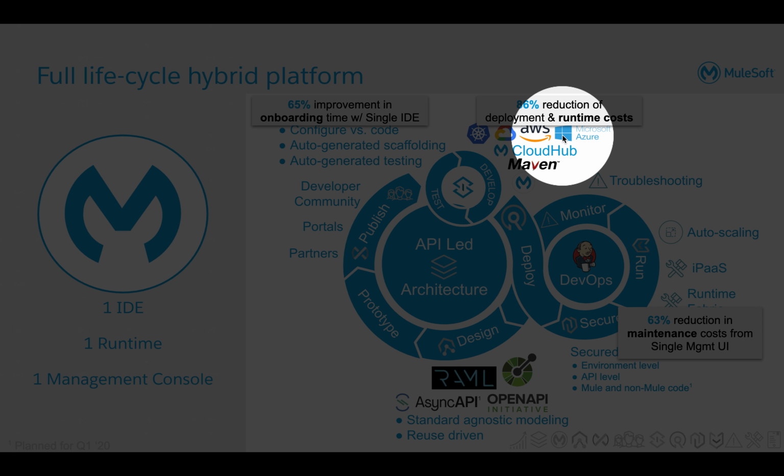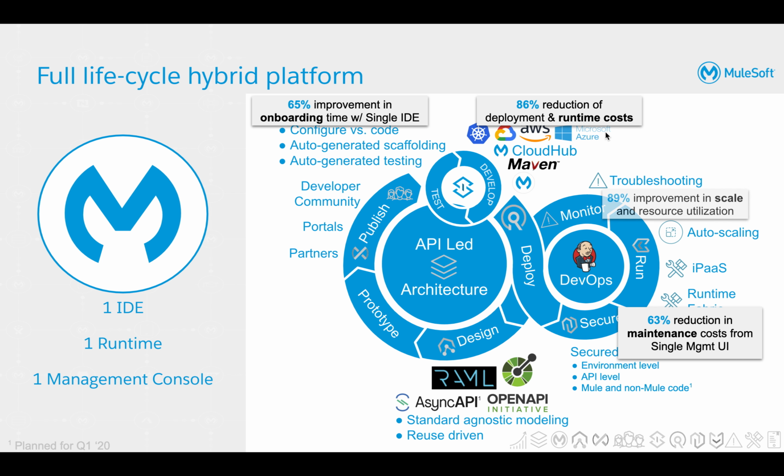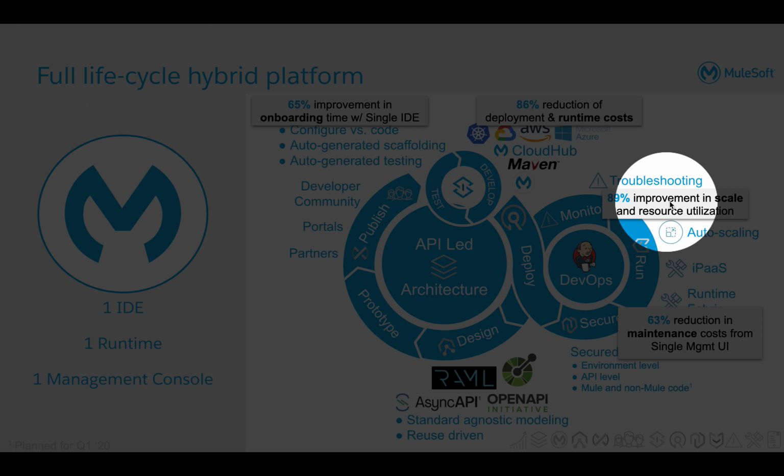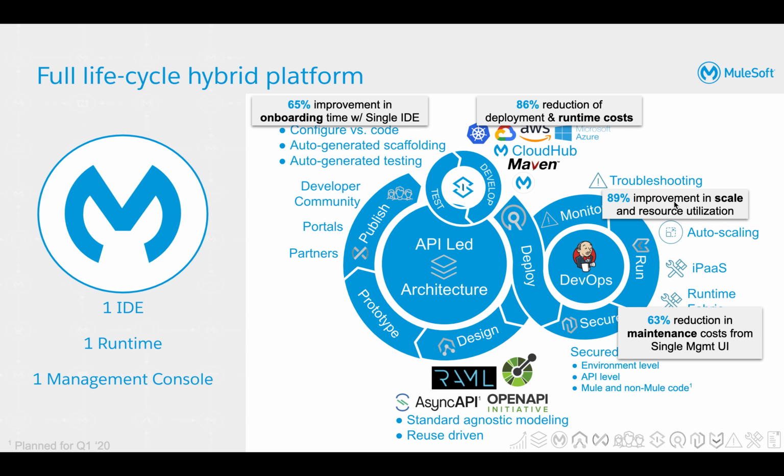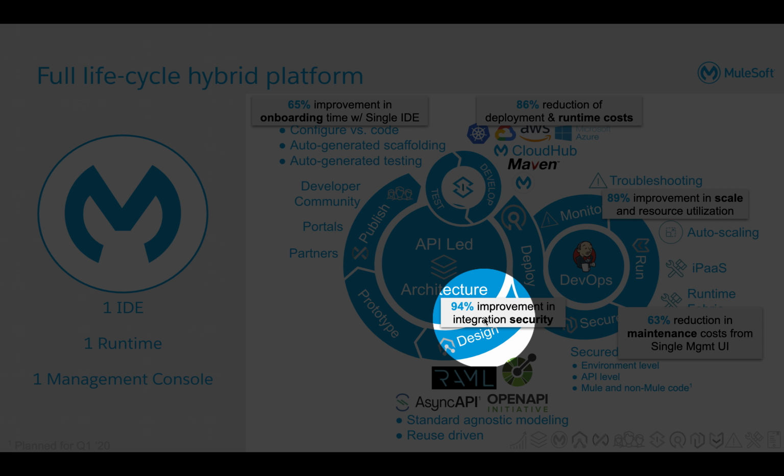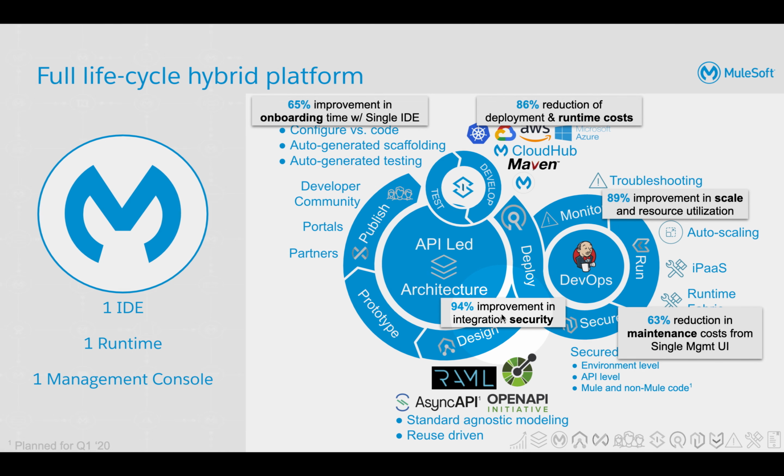By having the deployment and runtime capabilities that we have, an 86% reduction in runtime cost, an 89% reduction in resource utilization because of the dynamic scaling that we bring to the table, a 94% improvement in integration security because,